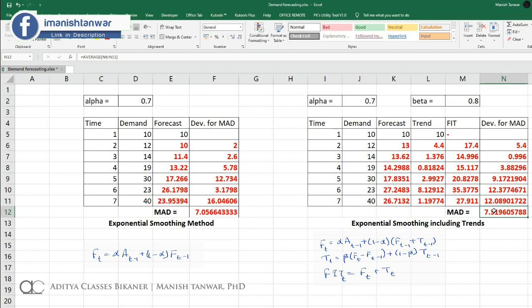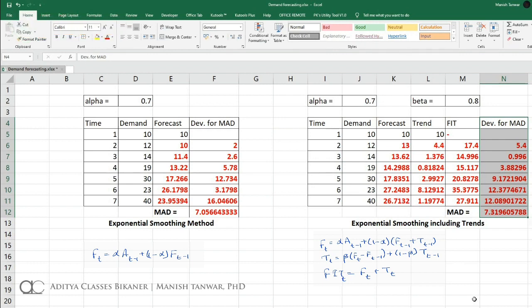So this was it, where we tested how we can change alphas and betas, what different values of alpha and beta give me minimum error. This is how we can check how error is being reduced. This is the power of Excel. Generally, we do not do these calculations by hand with pen on paper. We do these kinds of calculations using Excel. So this was it for our today's discussion. Hope it clears some doubts. If there are still some doubts, you can leave them in the comment box.